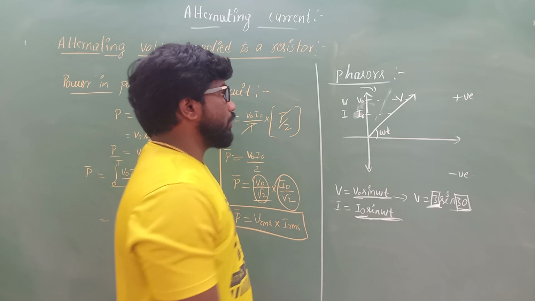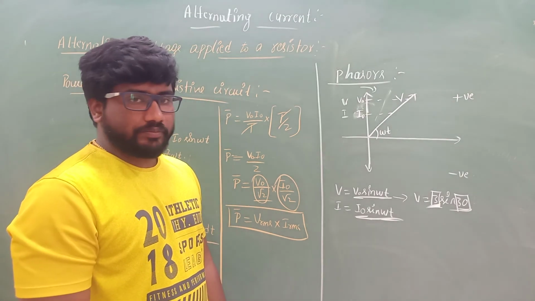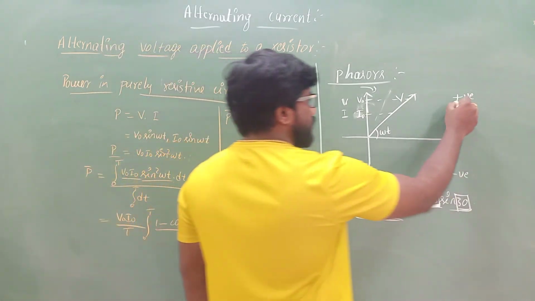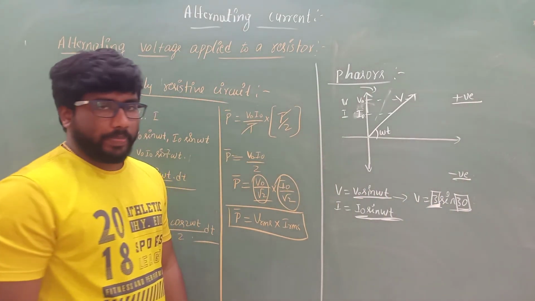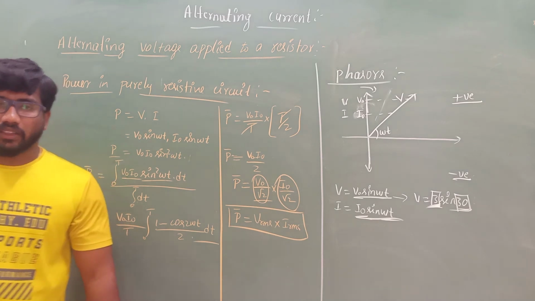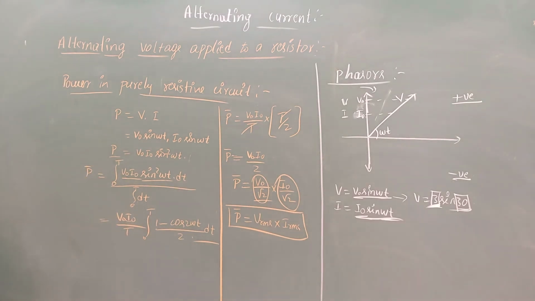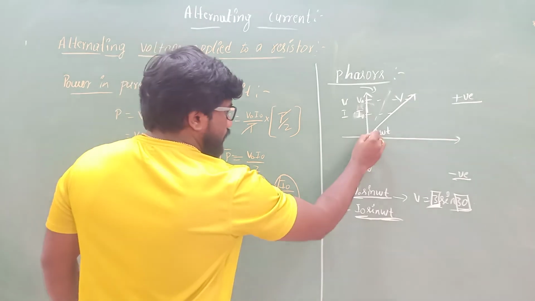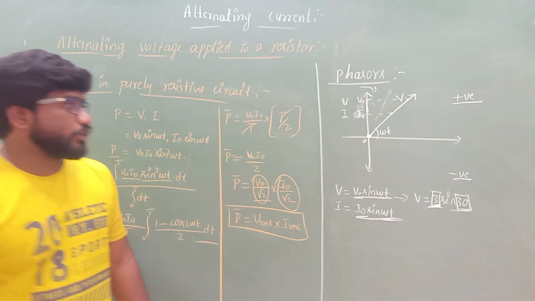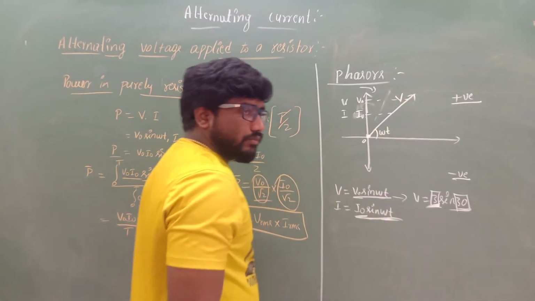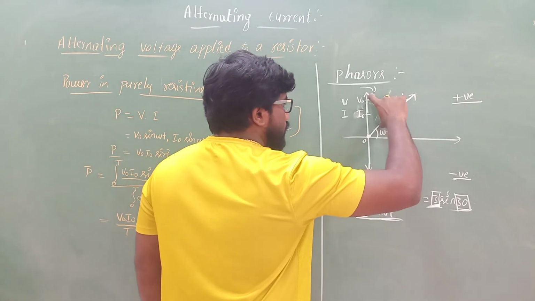This is how we are going to plot the phasor diagram. So here, when it comes, you have to take it as positive. When it comes here, you have to take it as negative. So phasors are nothing but what? The phasor diagram is a kind of rotating vector with respect to the origin, where if the angle changes, the position vector also changes. Position vector means this one. If this angle changes, this also changes, correct?